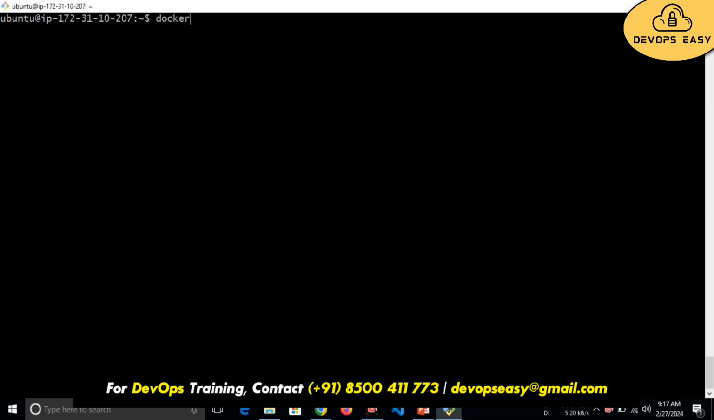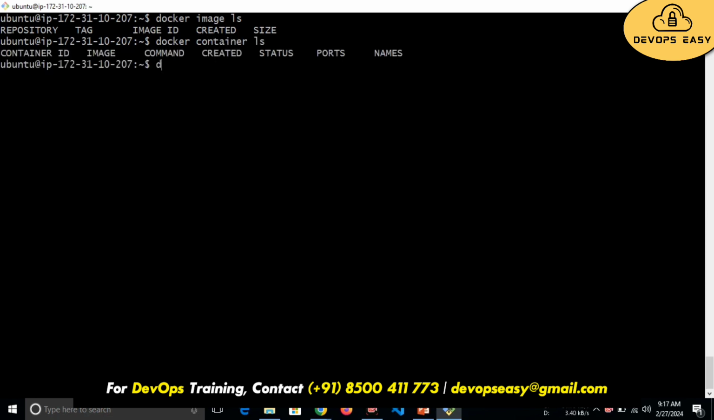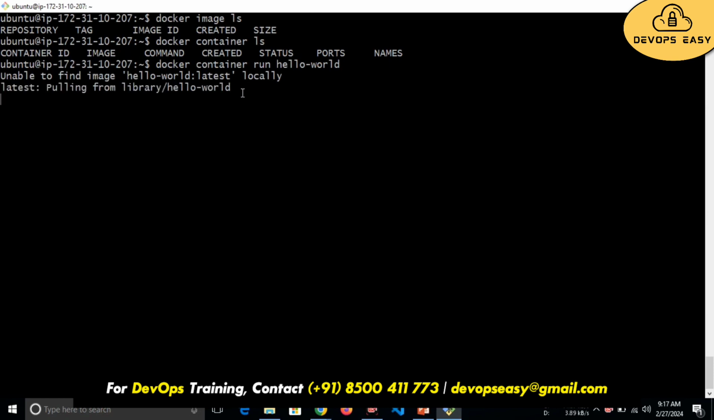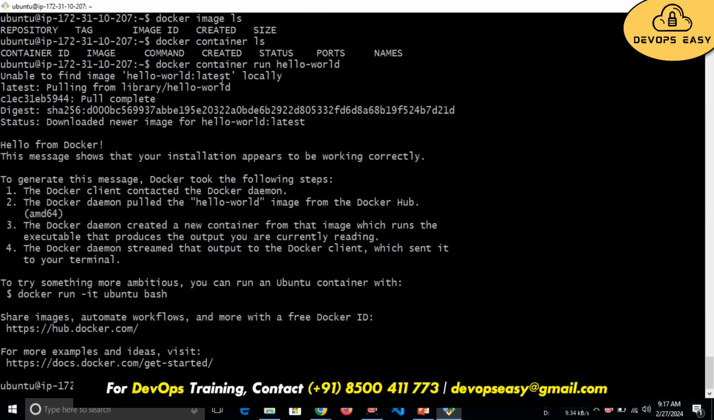Now I want to run the basic container. First let me execute docker image ls to see the list of images. To see the list of containers, what is the command? Docker container ls. Now I will run the basic container. Docker container run hello-world. The client has requested the docker daemon: unable to find image hello-world locally, pulling the image